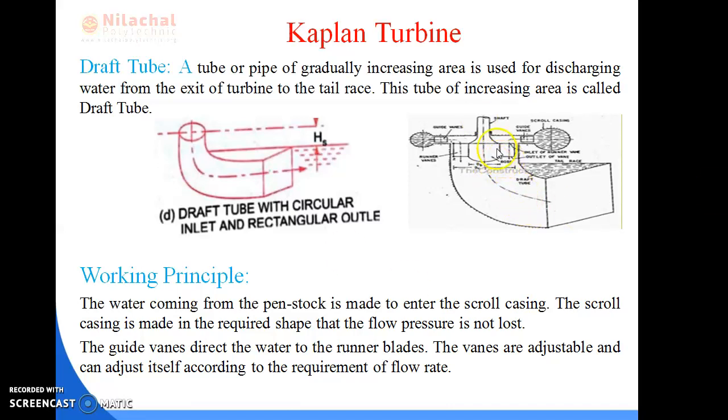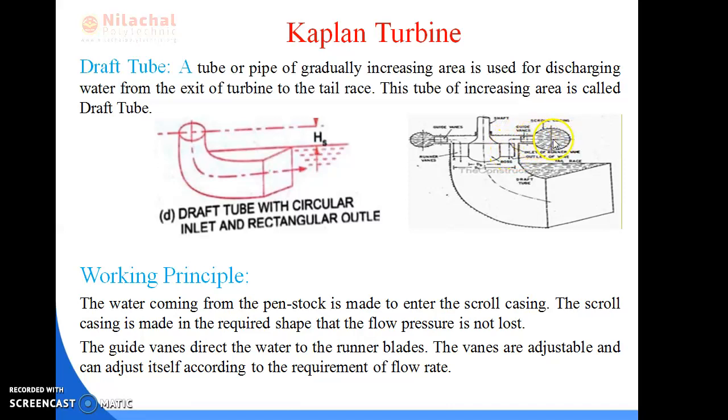So this is the typical diagram for a Kaplan turbine, in which these are the scroll casing and these are the guide vanes. The water is first stored in the scroll casing, which is circular in cross section. If you cut the spiral casing, the cross-sectional view is circular. Now the water enters the turbine unit in such a way that, see, this is the line along which the flow of water takes place.